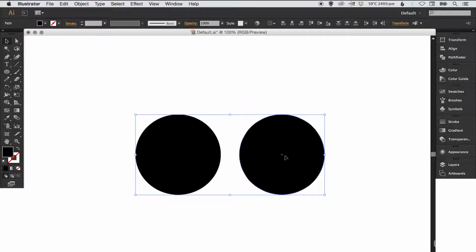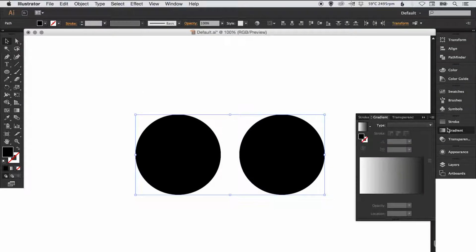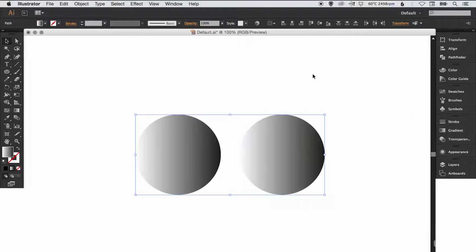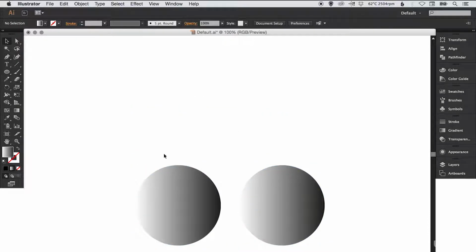So if I select both of these shapes, and I'll go over here and just click anywhere on the gradient, you'll see it applies the gradient to each circle individually. So what if I want the gradient to run from one side to the other through both of these circles? That's where compound paths come in handy. So if I select both of these circles and, holding Shift to drag straight up and Alt to create a copy,